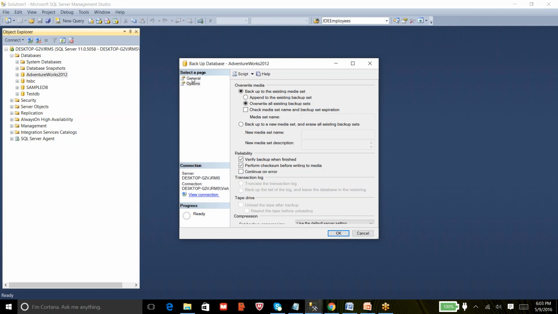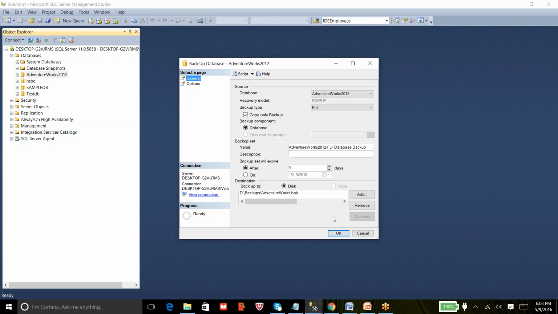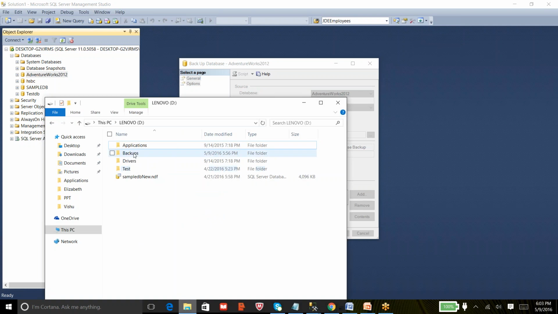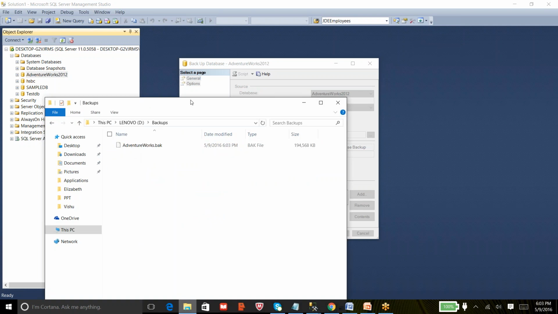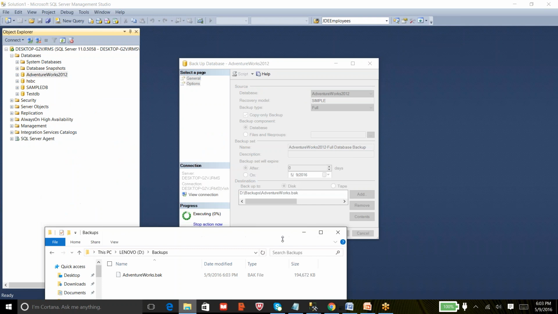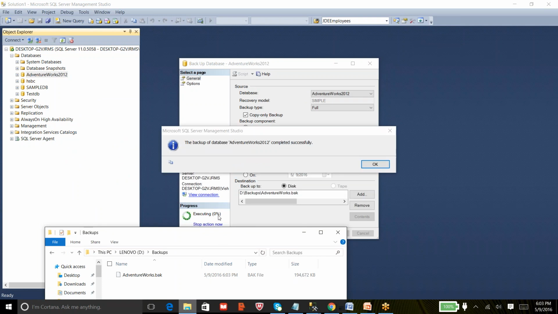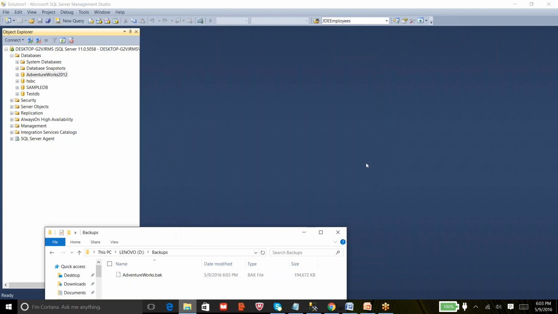So I'll go back to general and then click on OK. Now it starts taking the backup onto the location. You can go to the backups and you see the backup is running. It's not yet completed, but it just started. You can see the percentage over here. It's just finished. As these are very tiny backups, it finished very quickly. But in real time, if your databases are around 100 GB or 200 GB, then obviously it's going to take time.